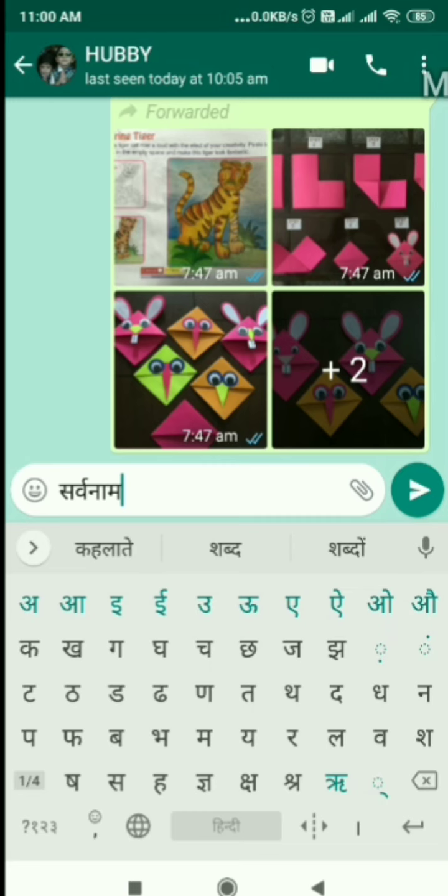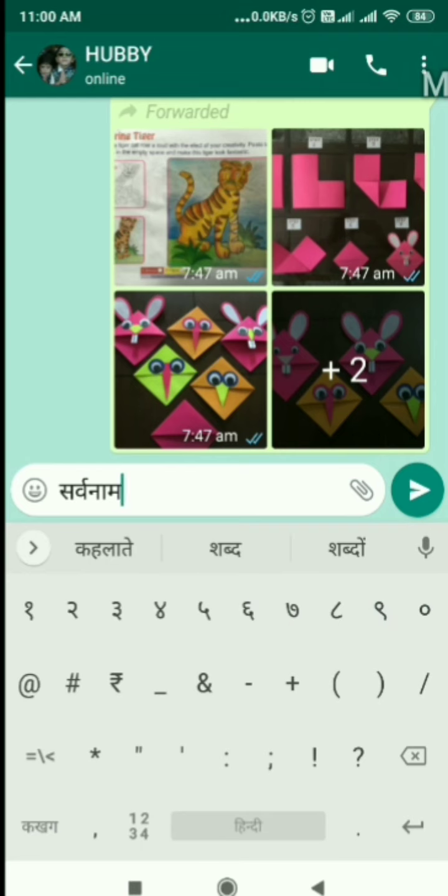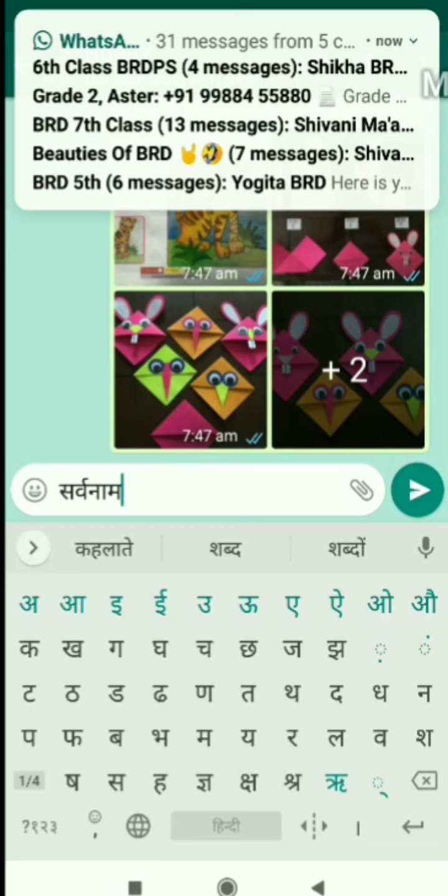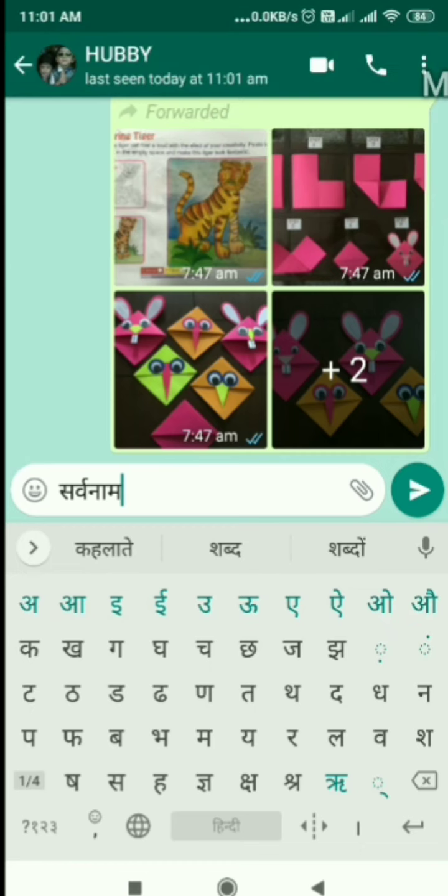And you can see there is an additional keyboard right here which can help you, which makes your task easier. You can use symbols from here. These are the numbers and these are the symbols. If you want to use them, it makes your typing very easy. So let us get back. You will have to tap on Ka Kha Ga. This is your Hindi typing keyboard. Now let us move to the next section.